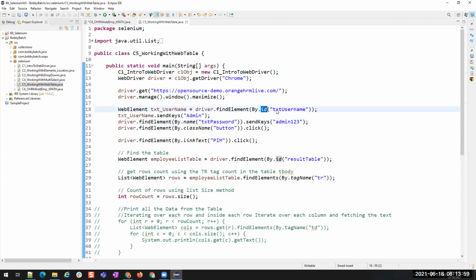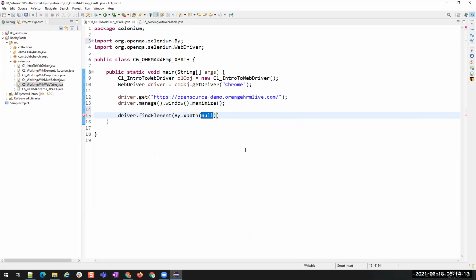We used ID, right? This is the ID value. @id equals this, that's all. And if it is a text box, then what will be the HTML tag? Input, right? Double slash input, and we are looking at @id, and the ID will be txtUsername.